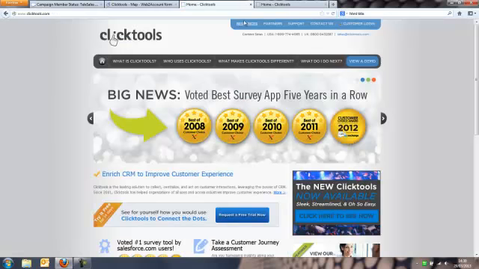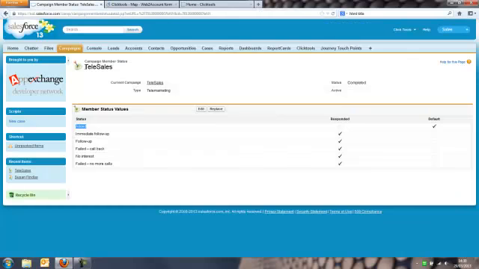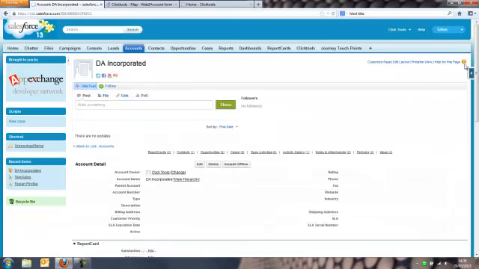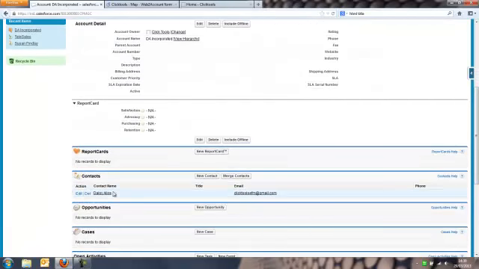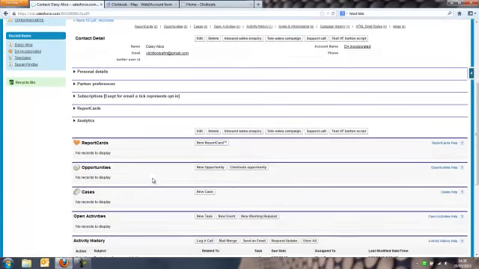Okay, cool. So let's close that tab. We'll go back to Salesforce, and if we now click on our Accounts tab, we will see that an account called DA Incorporated has been added. And there, if we just scroll down, we'll see that DA Incorporated has a contact associated. And if we focus on Daisy, we will see that there is